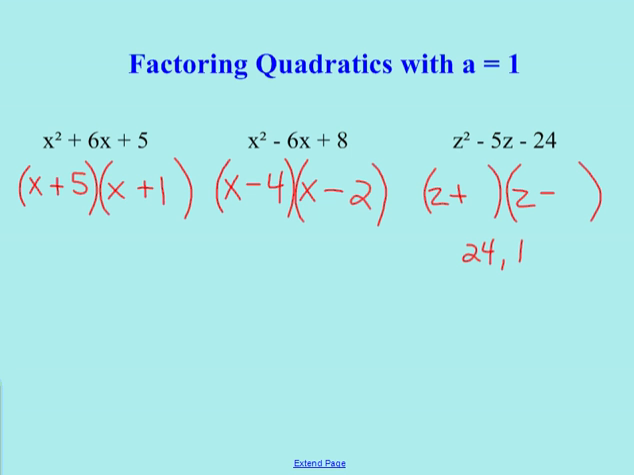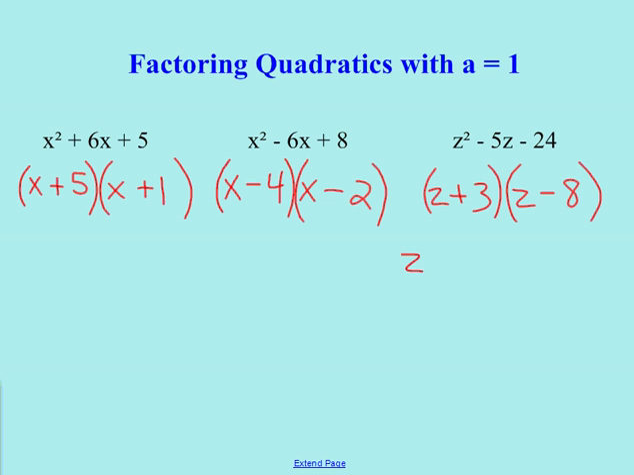24 times 1 is 24. 12 times 2. 8 times 3. 6 times 4. All of these are factors of 24. Which do we choose to use? Well, we can pretty much eliminate 24 and 1 because there's no way we're getting negative 5 out of those. 12 and 2 is not going to end up giving us negative 5 either. 8 and 3, well, 8 minus 3 is 5. So if we put the negative 8 and the positive 3, and then we double check by FOILing,